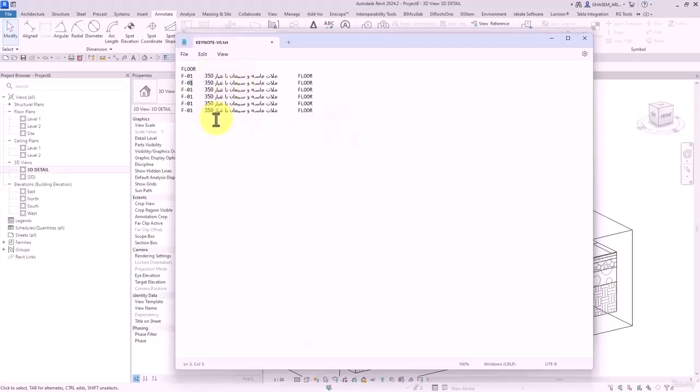The descriptions can be similar for all of them, but the names should be unique. 2, 3, 4, 5, 6, and others. And here in the description, here 250, this one 150,